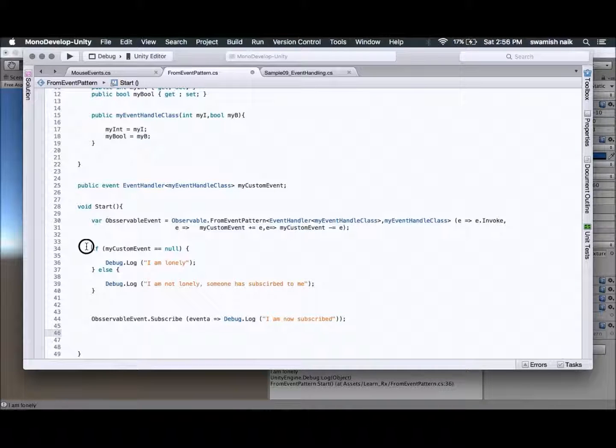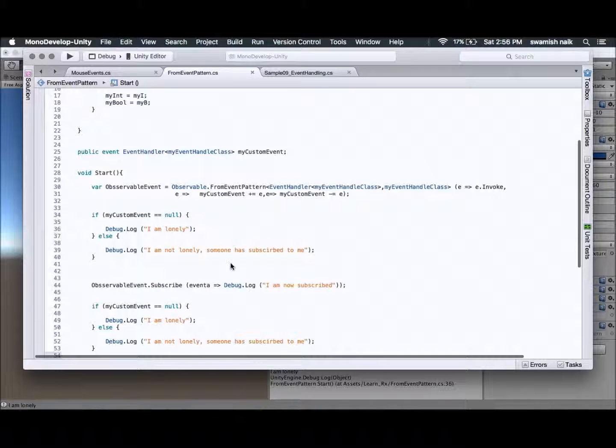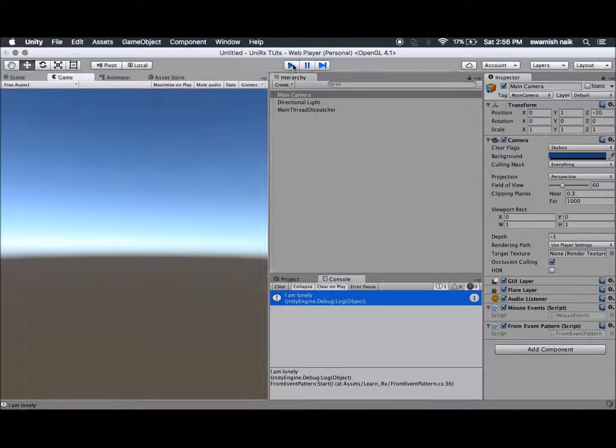Let's now check if someone has subscribed or not. What Subscribe does is it subscribes to this FromEventPattern, and it will now debug "I am not lonely". Let's see if that's the output we are getting.